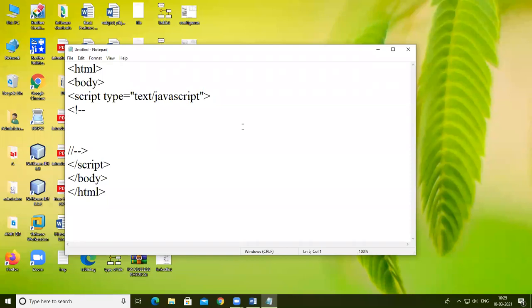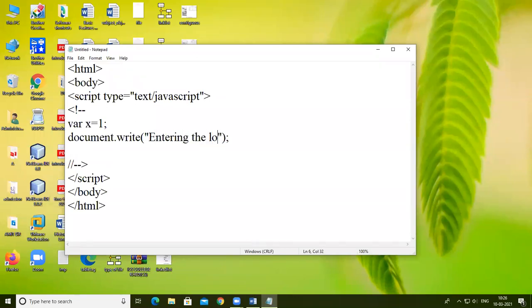So write the program here. Here I'm taking the variable x having a value 1. Then I want to print a message on the screen, and I want to take the next output on the next line. So that's why I'm mentioning here the br tag.